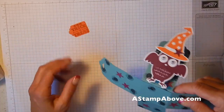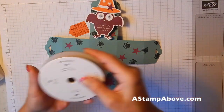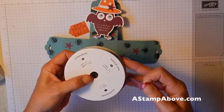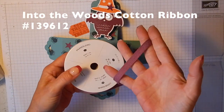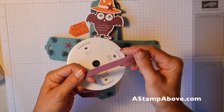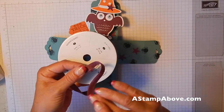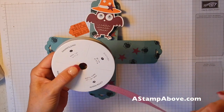Okay, so I've got my tag there. Now for our ribbon. This is the new 3/8 inch wide cotton ribbon. It comes in rich raspberry. Isn't that pretty? It's very, very soft. So it'll make beautiful bows, beautiful knots, and in this case, it's going to make a beautiful little handle for